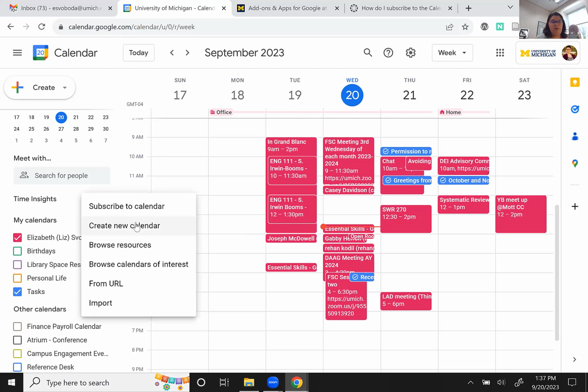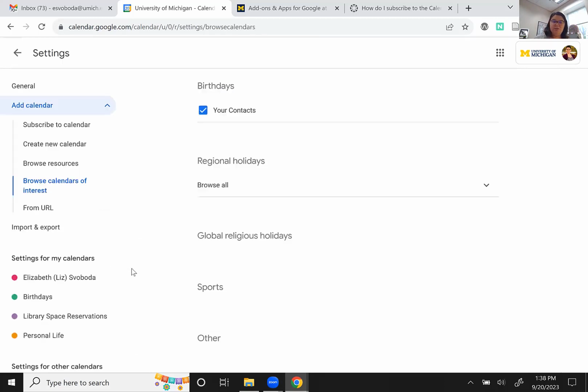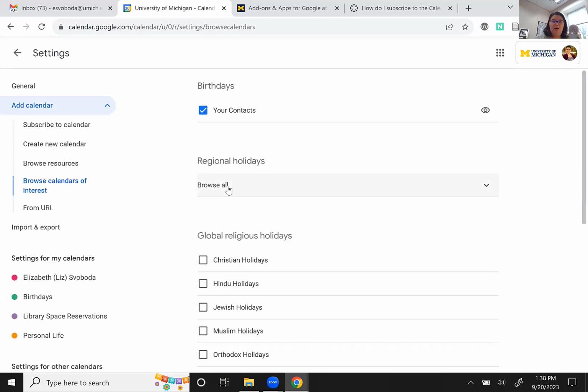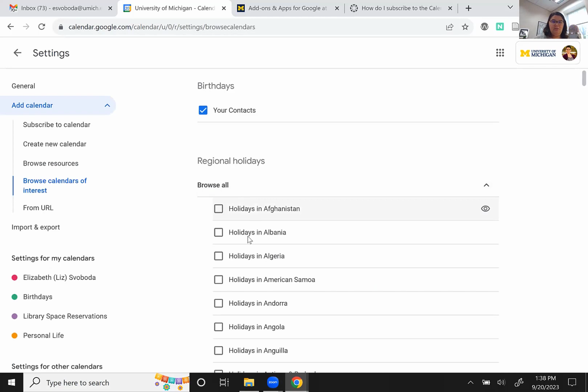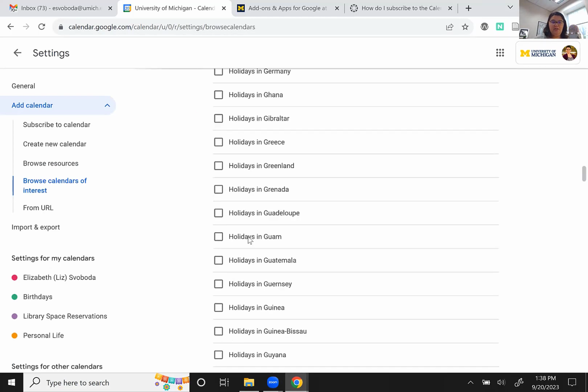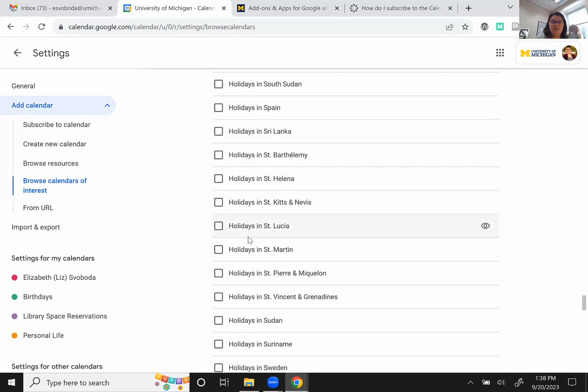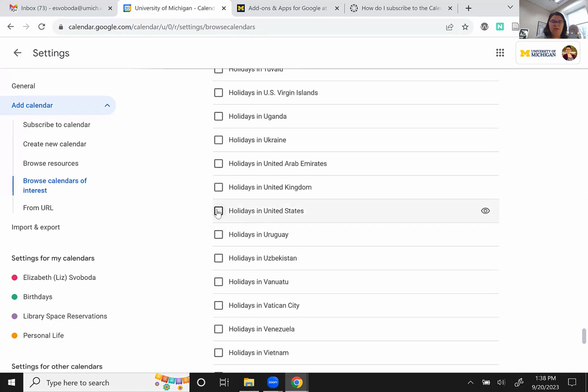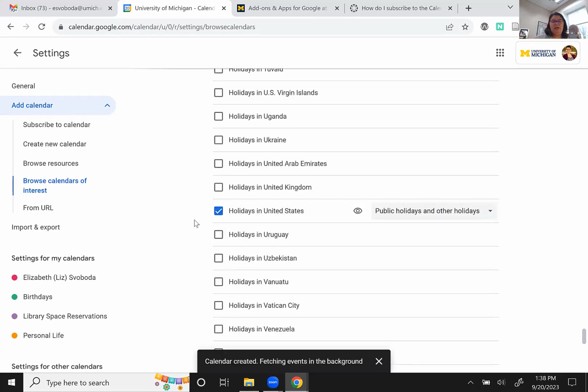And this is how it would add in something to my calendar list. I can subscribe to a calendar. So if I know that there is one out there, I can search for that. I can also browse calendars of interest, which is really nice. So for example, regional holidays, if I wanted to find holidays in the United States, let's scroll down here a little bit, pardon. This is going to show that I can see